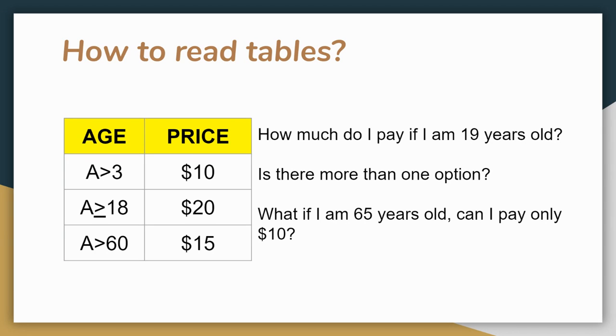Well, but let me tell you something. Isn't 19 also greater than 3? So can't I fall onto this line? So wait, mister, I can pay 10. So there is a discrepancy here. I can pay either 20 or 10. So I can have an argument with the person who is charging me, and I can say, according to your table, which is poorly done in terms of math, I can pay 10 because, well, 19 is greater than 3, and you say that ages that are greater than 3 pay 10.